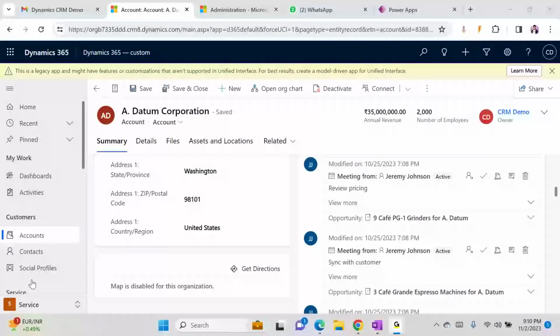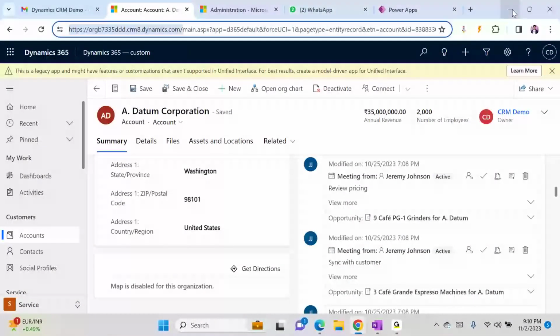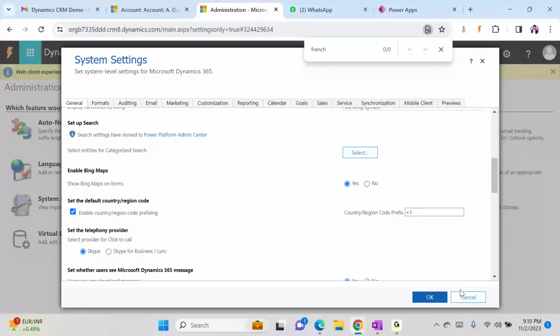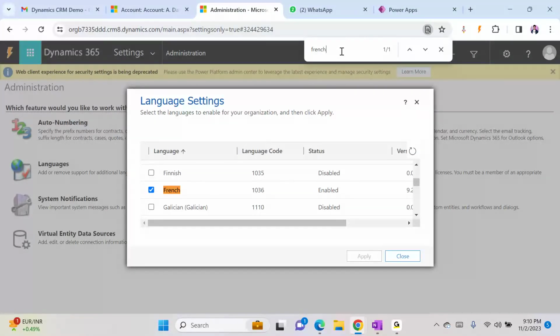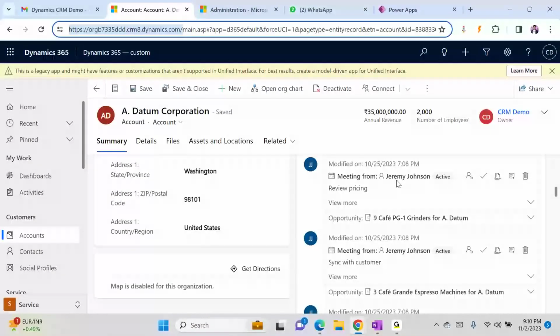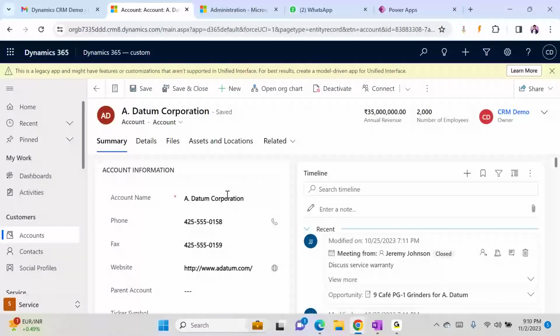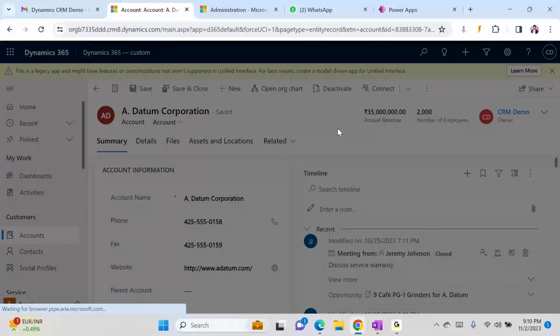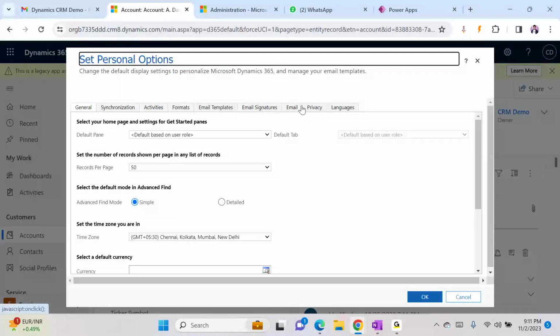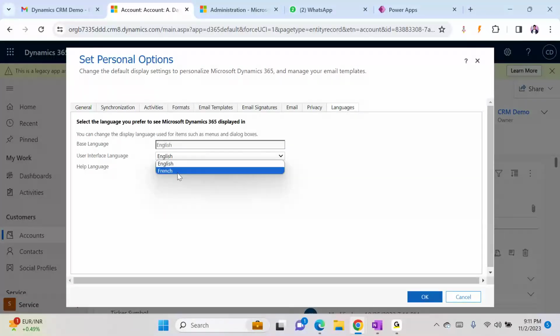Okay, let's start. So yesterday we tried to enable language, right? So language French is enabled. Okay. So how it works is now if you see here, all these fields, all these labels are in English labels, right? Once the language is installed, we can change the language settings, personalization settings, languages, French. Once I click French and click OK,